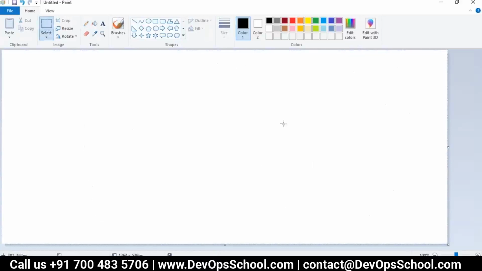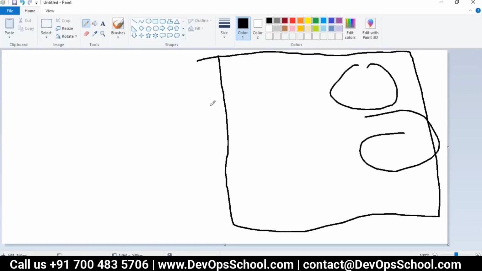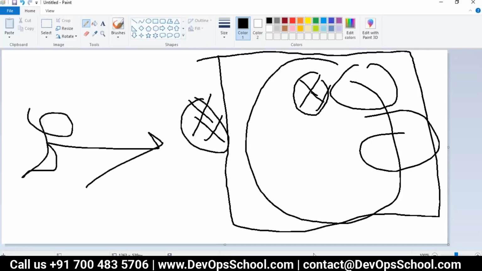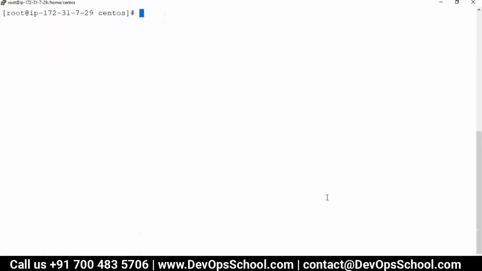Something similar concept we have in Docker also. This is the host where I'm running the container. Container is this one and this one. Host also has an IP address, container also has an IP address, but this IP address scope is local. This IP address I can reach from outside. That's why I did the putty. Look at my screen here.